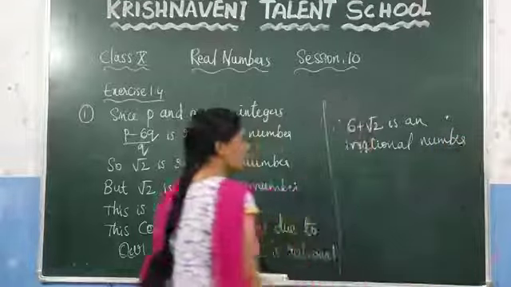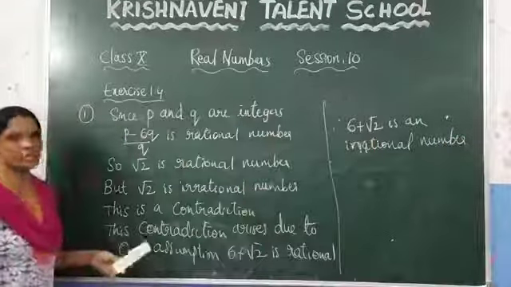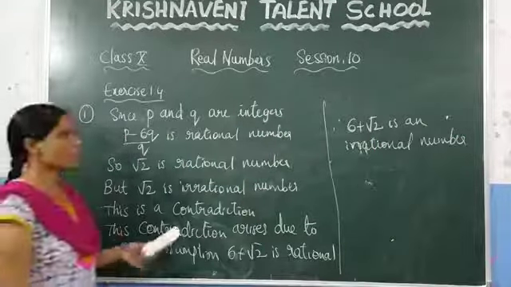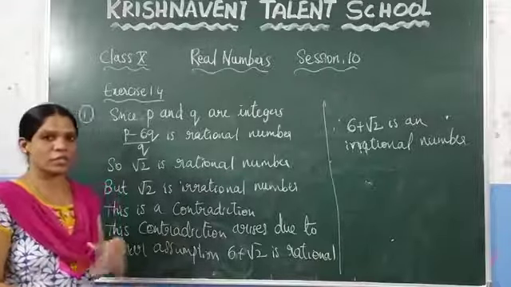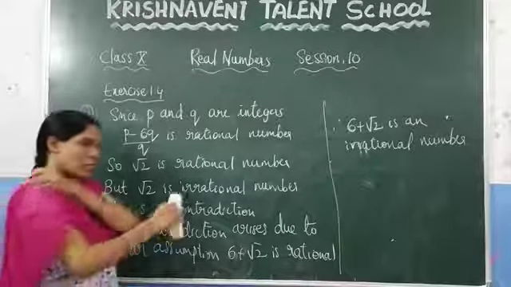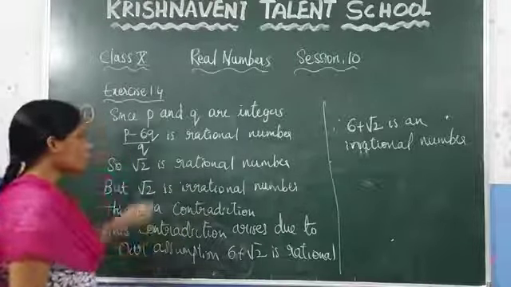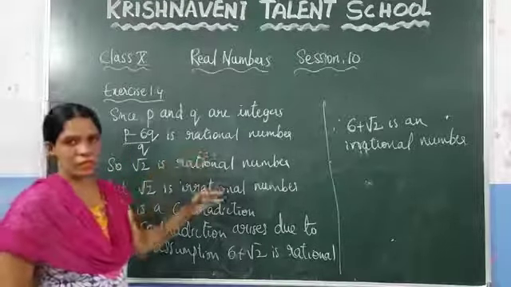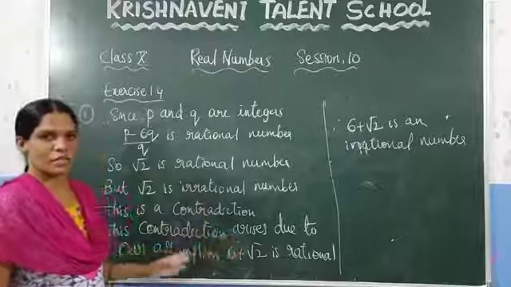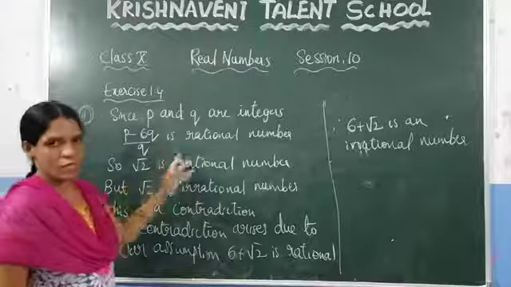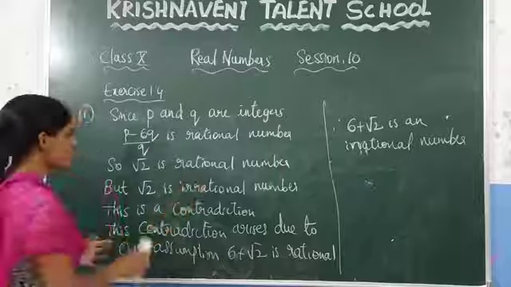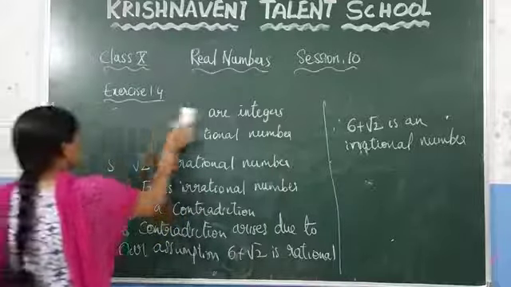Like this you need to solve. You can solve this one in a different way also. You can do it by squaring on both sides. At last also you get the same thing, and you can do it any of the ways. Now two more questions are given in the first one. You can do it. Now see the second question, which is the last question from this exercise. See the second one.